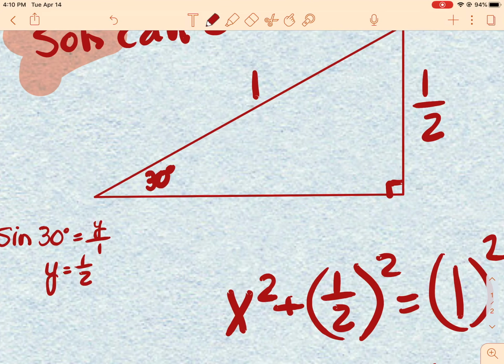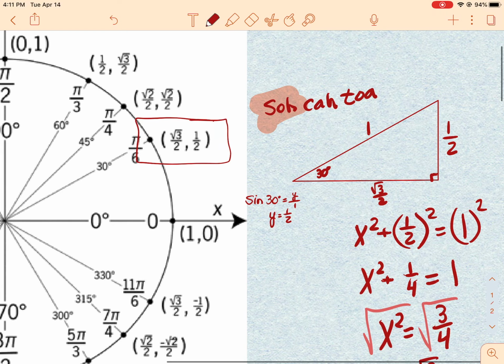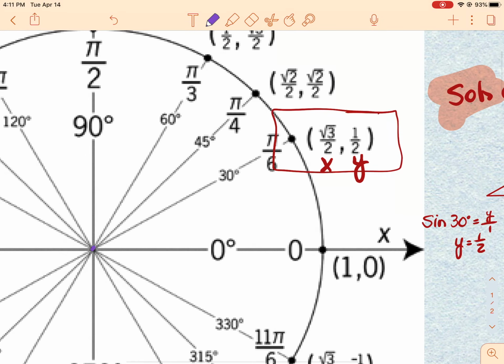So back to our triangle, we're getting square root of 3 over 2 is my x value, and then the y value was 1/2. And if we look at the unit circle, the x value was the square root of 3 over 2, and the y value was 1/2. We're going to look at that also kind of in reverse. So if I go to a different color over here, for this angle, I'm skipping the 45 for right now. So for the 60-degree angle,